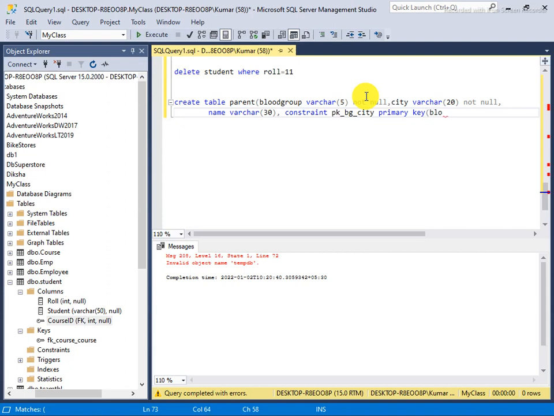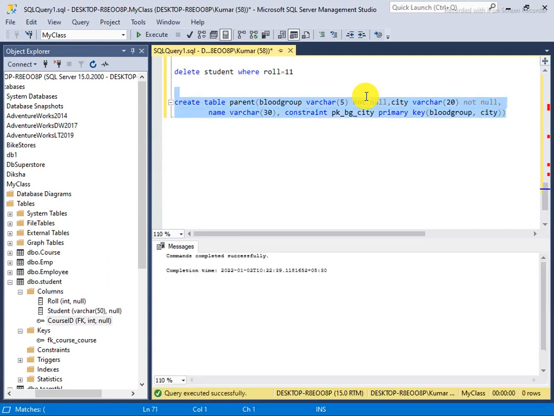So the column names are blood group and CT. So the table has been created.